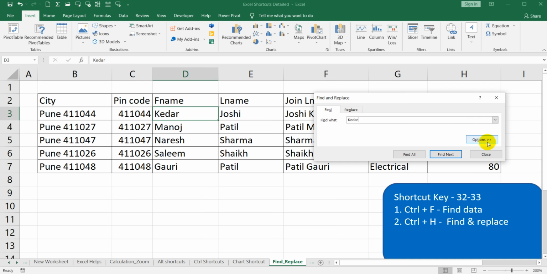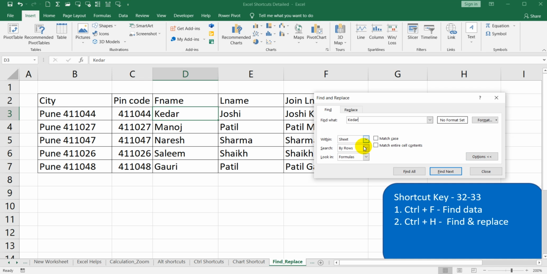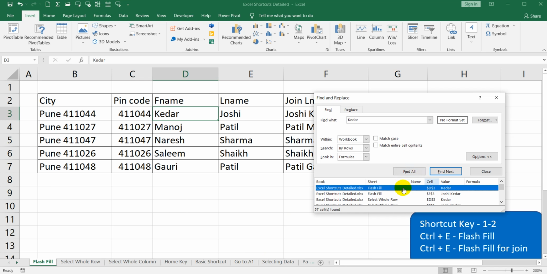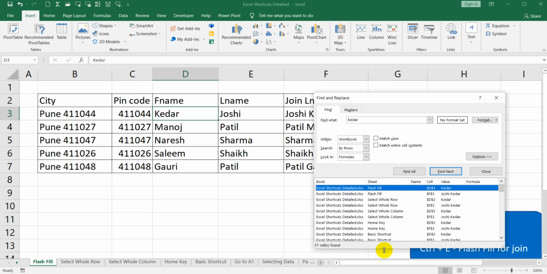If you want to use the specific options, if you want to search the data in the whole workbook as well, it will check in all the worksheets. You can just click on find next, and Kedar will get searched in all the worksheets. With find all, you can see in which worksheets you can find this Kedar.